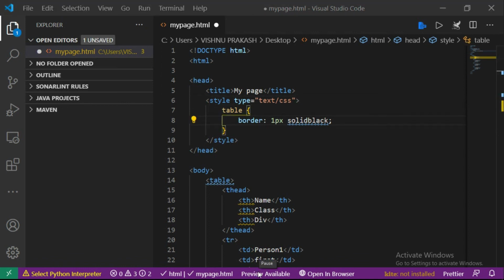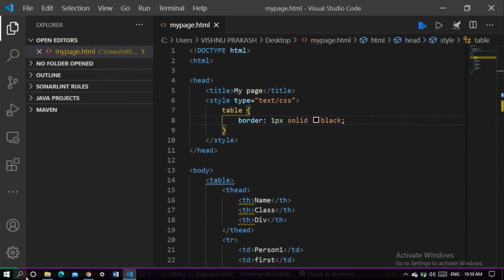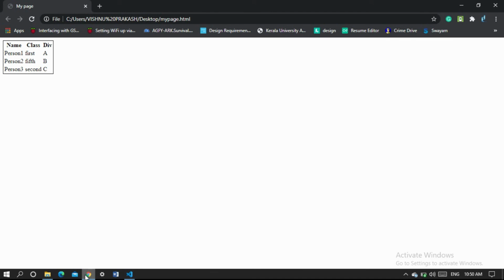Here in the solid black there is no space, so we'll give it, and then we'll save this and go back to the browser and refresh.